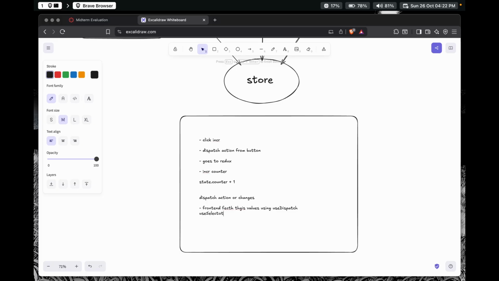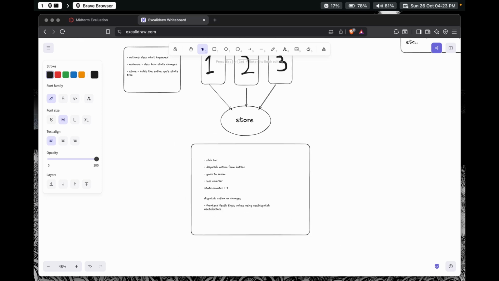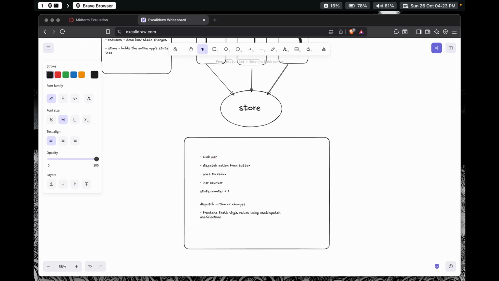That is something you use to select the values from your Redux store, right? And that's what it does. And once it fetches values, you have the value in the front end. And no matter what you do, it actually